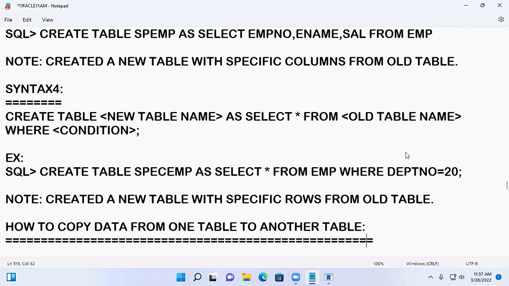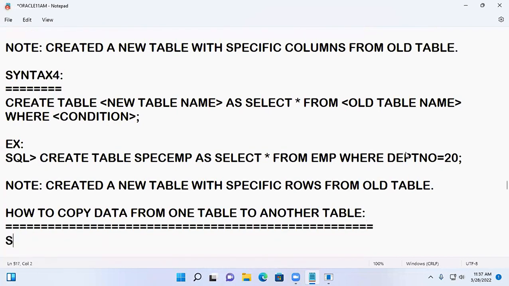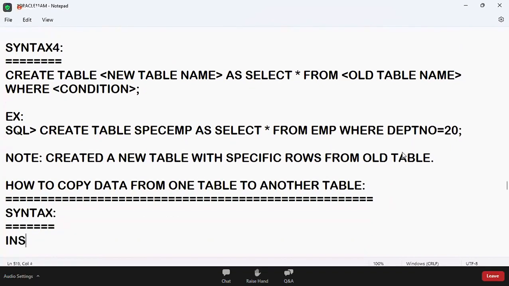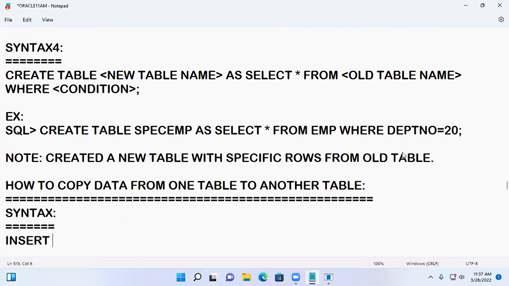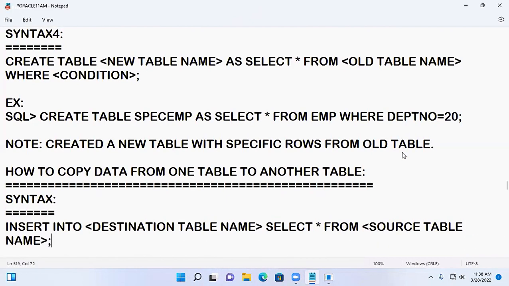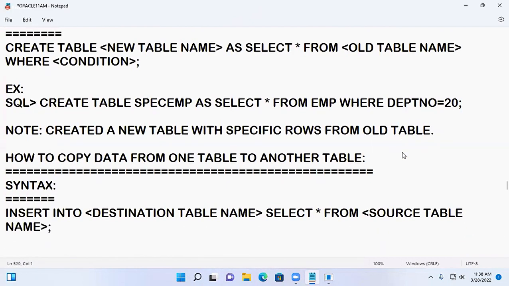So generally, sometimes the same data I want to keep in multiple tables, then shortcutly we write this syntax. The syntax is: insert into destination table name, select * from source table name. Okay. Now,